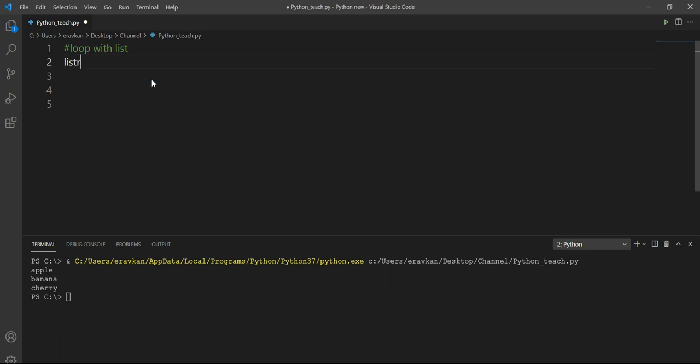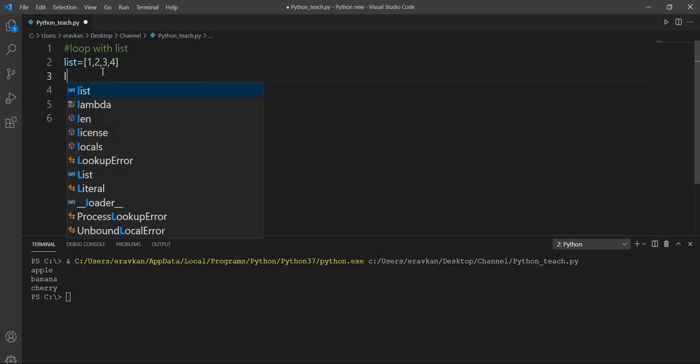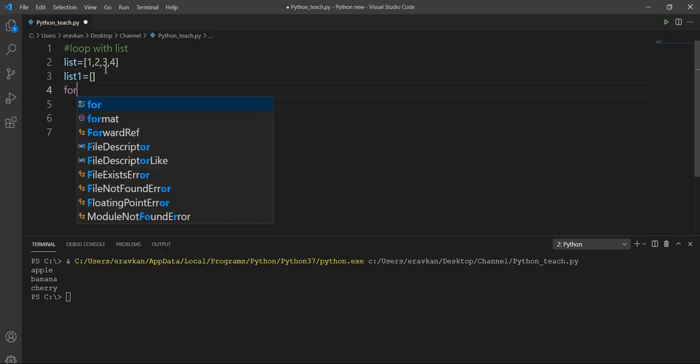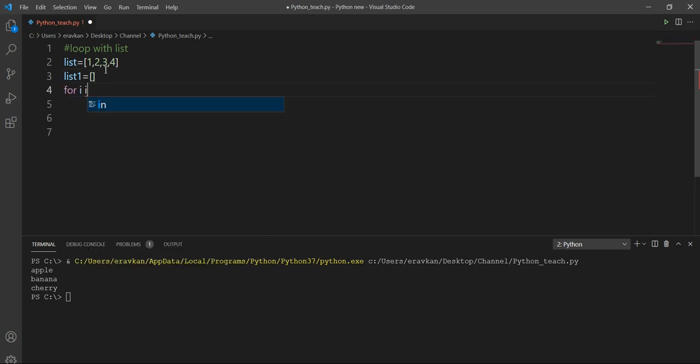Okay, let me take one more example. Suppose I have a list 1, 2, 3, and 4. Suppose I want to do some operation with these elements. Suppose I want to multiply every element by 2 and then store the results in a new list. So first I would need to create a list. The way to create an empty list is this. So for i in list, then I can do list1 dot append operation.